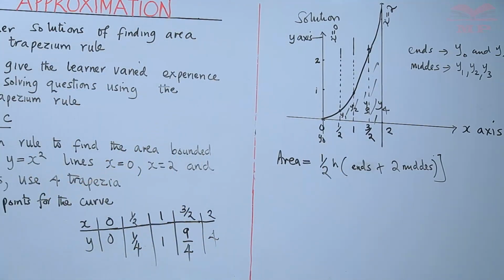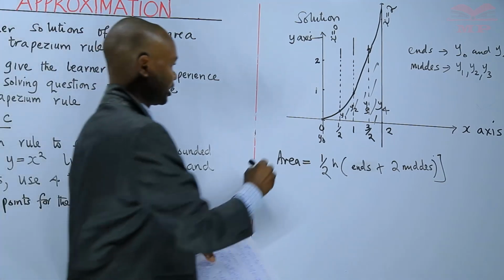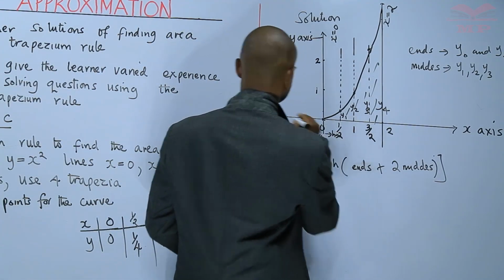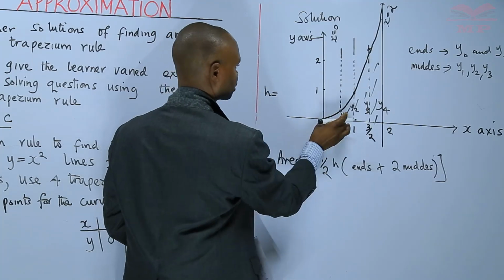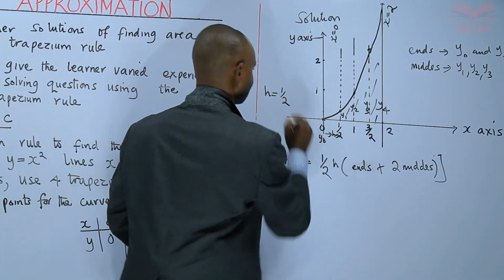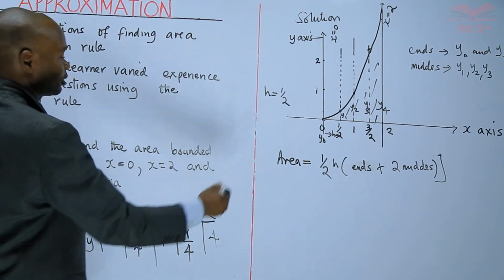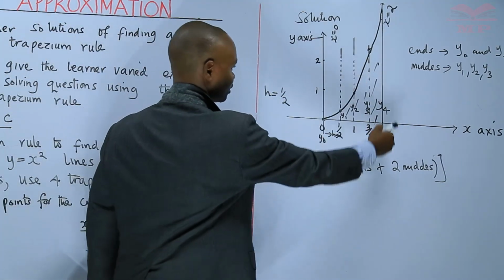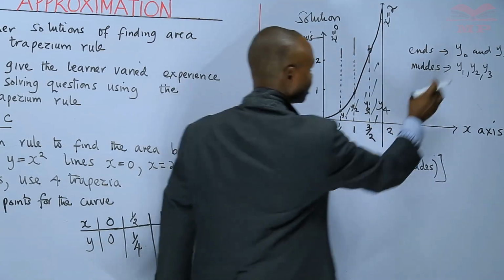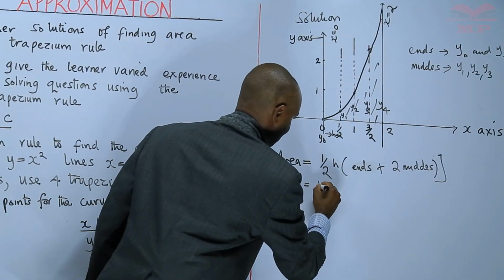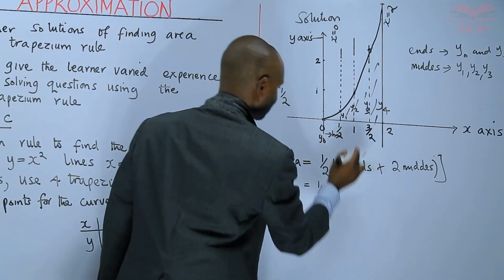So I'll just come and substitute in that formula. My width, h, is actually a half. The strip width is a half. So I'll just substitute the values I've got for the ordinates. So the ends are y0 and y4. So I'll write a half. The width is a half